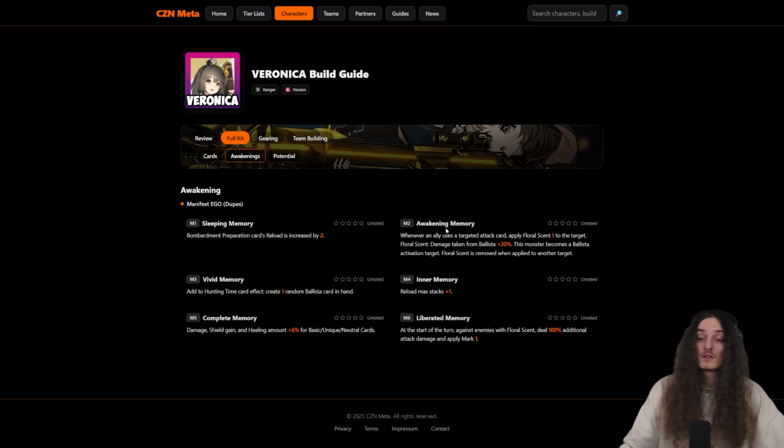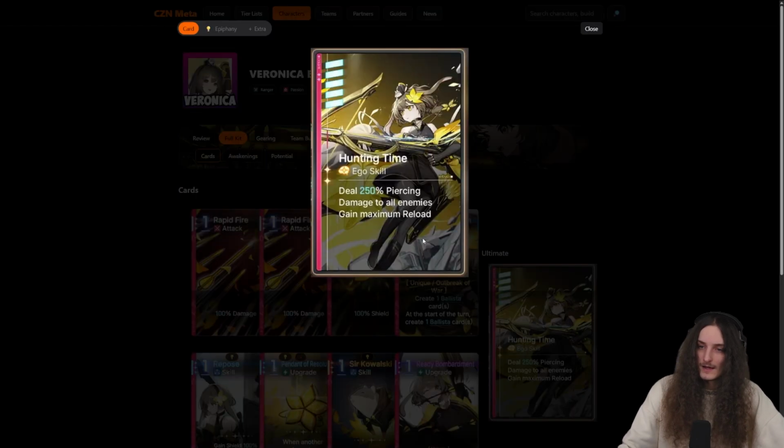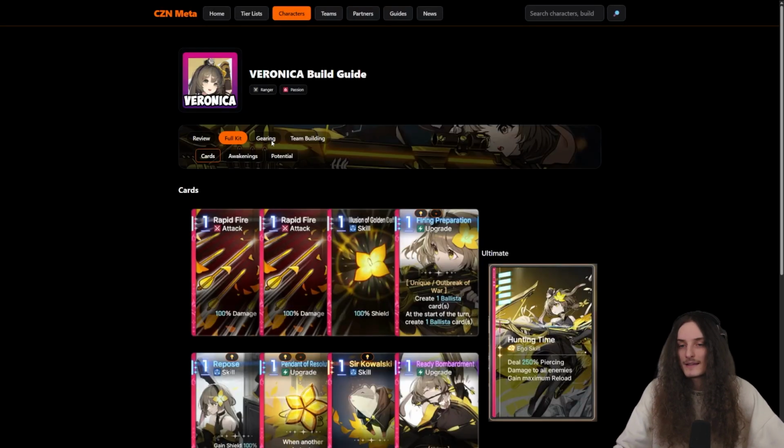So it's definitely going to increase her single target, and also you could say focus capabilities, because you can just single out an enemy. Then add to the hunting time card effect, create one random ballista card in hand. What the hunting time card effect is, this one right here, hunting time. So you're now dealing 250% damage, you gain all reload stacks, and then you also create a random